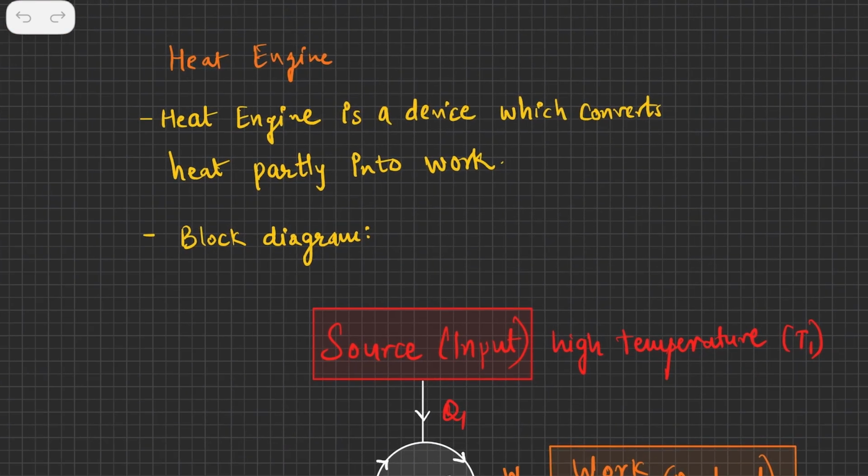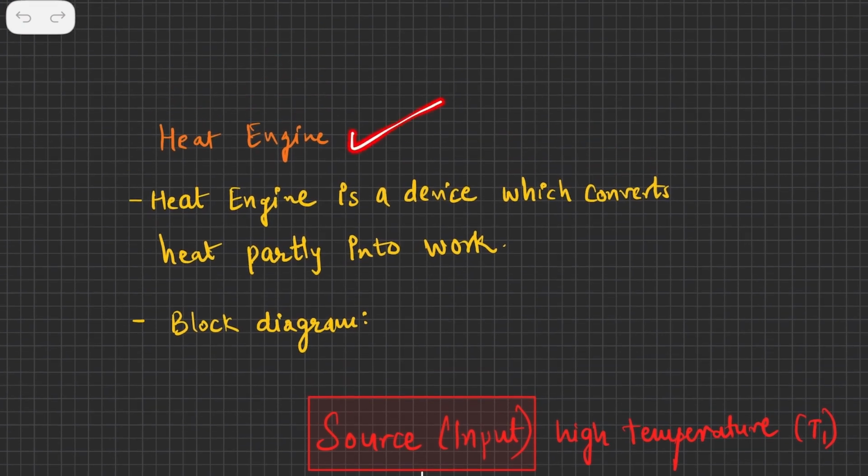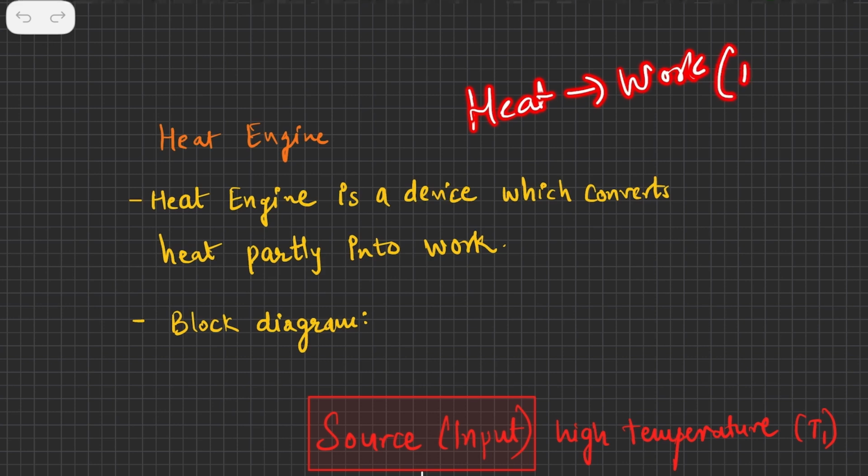So you can see a heat engine is basically a device which can convert heat partly into work. Okay, so a heat engine is a device which converts heat energy to work, but only partially. Such a device is what is called a heat engine. Okay, so the human body is also a kind of heat engine, because we take food,